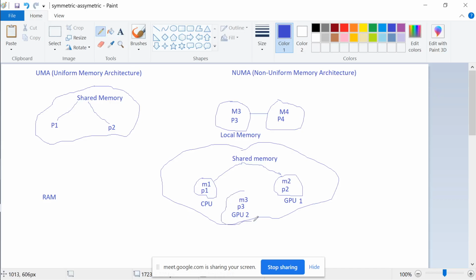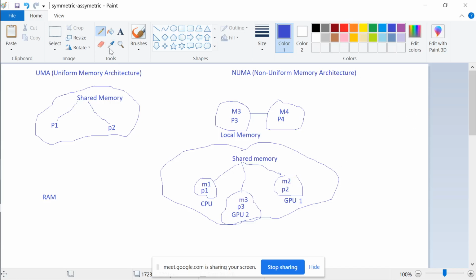If you have 2 GPUs, then if you are playing a game, what is a game basically? It's an animation, right? It's a set of images that is constantly moving very fast. If it does not move fast, you will not get a feeling of the game. The better the quality of every image, the better you will feel about the game. So that's why GPUs are used. If there are 2 GPUs, you will have a good gaming experience.